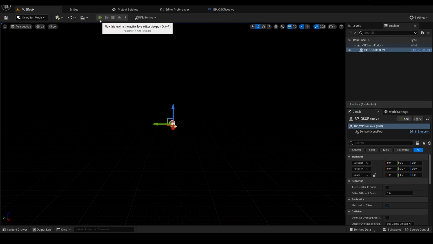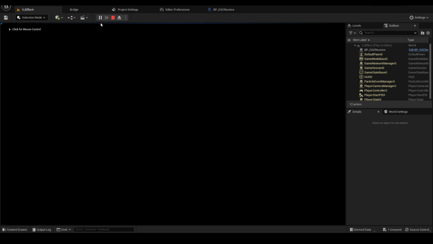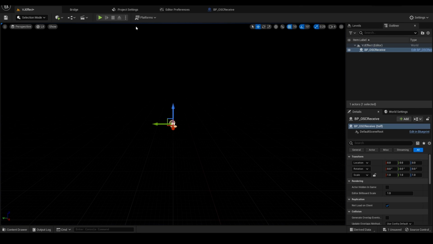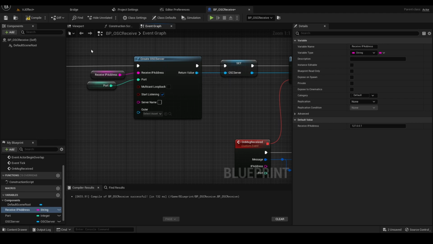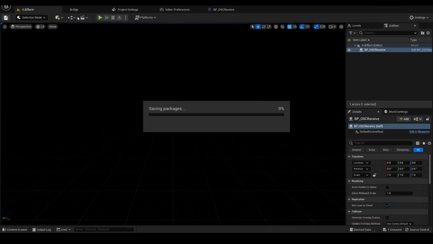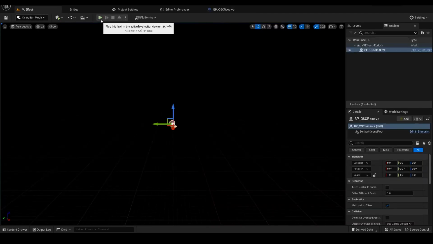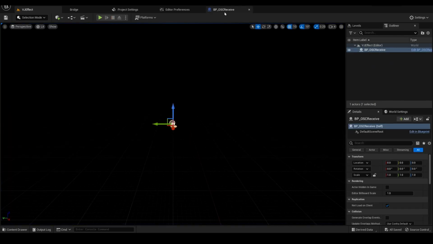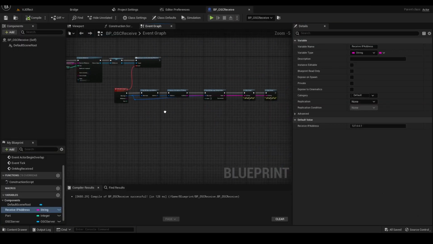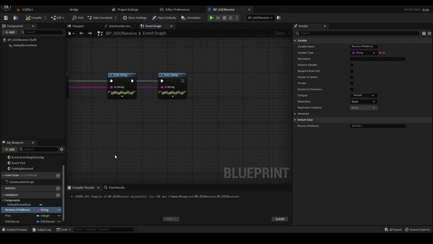Start the gameplay. We should get the message, but we can't get it. So one thing that I missed is that I need to check Start Listening in the Create OSC Server, and compile, save it, and also save the level, and let's start it. Yes, we can get the address, and this is the value. Cool. Okay, so next what I'm going to do is kind of